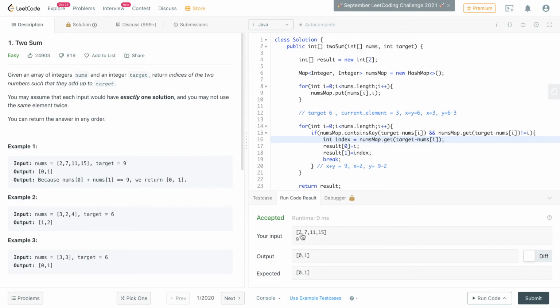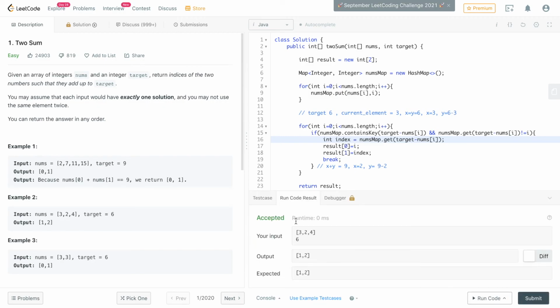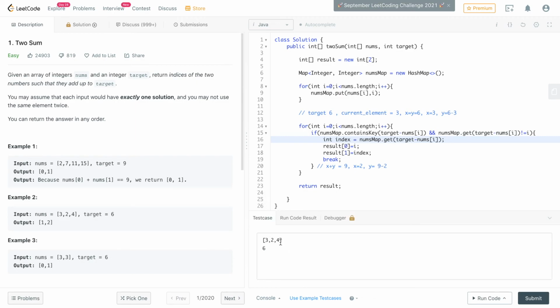So for the first input, it got accepted. Let me try the second input. Okay, the second input also got accepted. I'll try the third one.